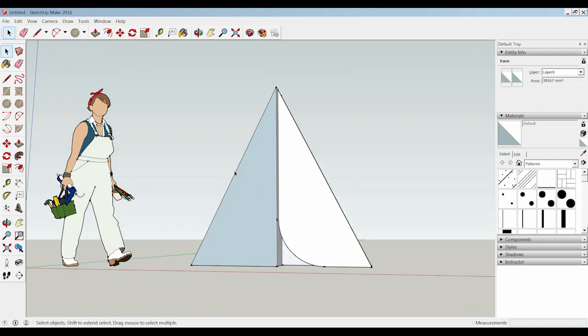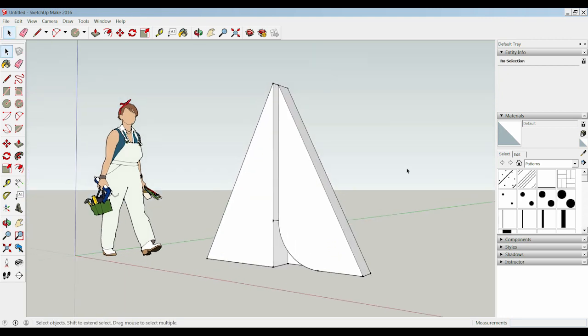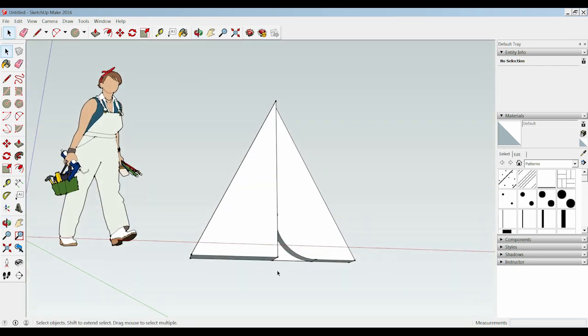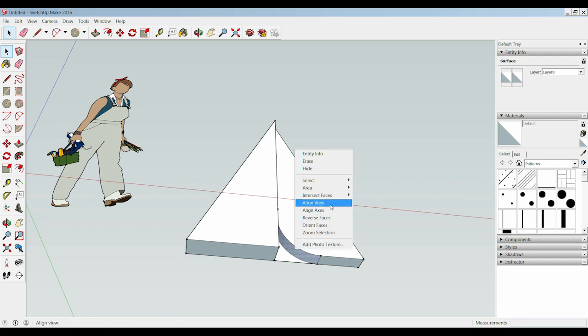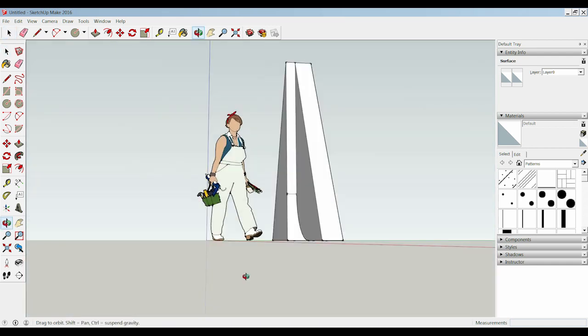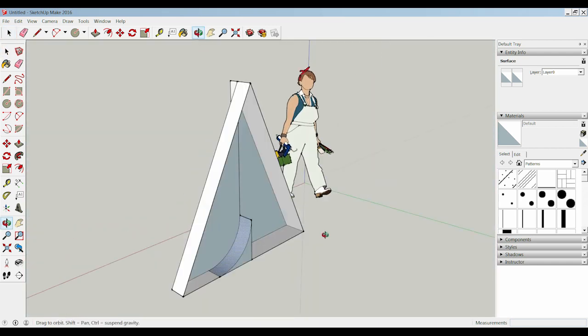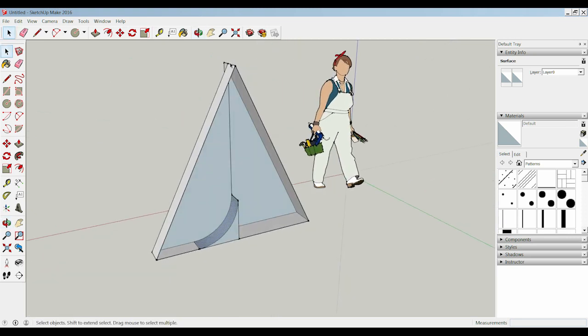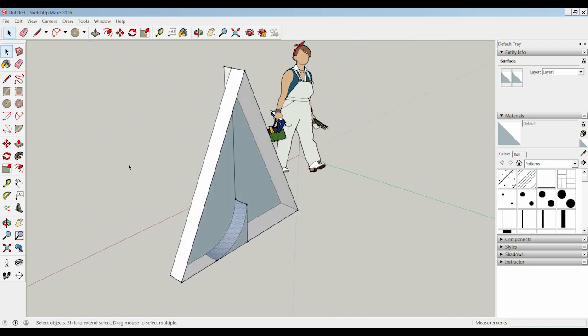But what's more important is that you have to create a surface to suggest the volume from the back. Of course, if this is only shown in the front, then you can just leave it like what it is now. But as you can see, as I go through reversing the faces, I'm not done here, because SketchUp cannot calculate a void or that complicated shape with so many edges, with a combination of a triangle and an arc. So what I have to do now is draw it myself,